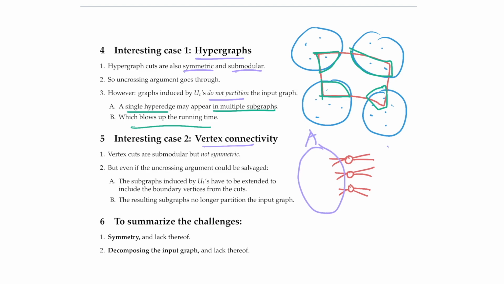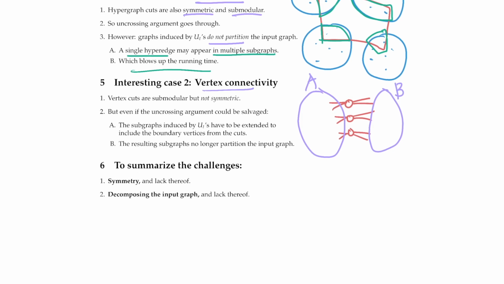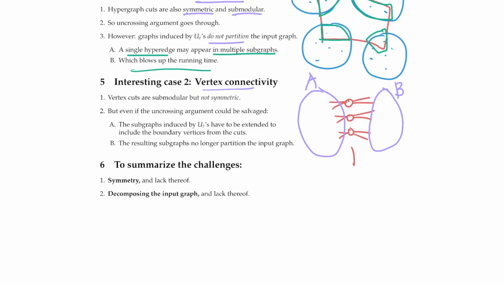I'll call this A, and I'll call this B. So this vertex cut is equal to f of A, and it's also equal to f of B, if f is giving you the size of a vertex cut surrounding that set A or that set B. But A is not, of course, equal to the complement of B, and B is not equal to the complement of A. So this is not a symmetric